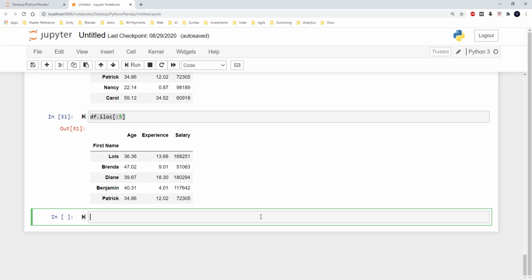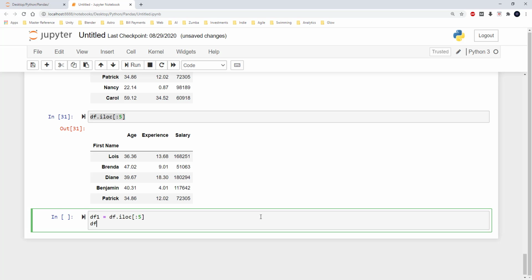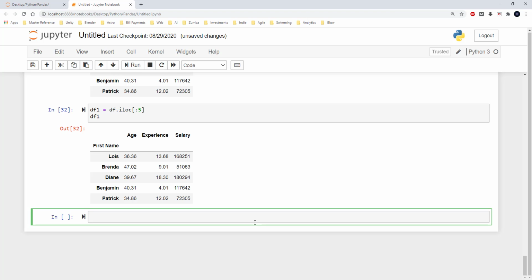So now I can also store this data frame into a different name, and then I can just display this. So data frame 1 is going to have the first 5 rows from the original data frame we had, and it is going to have the index as first name.